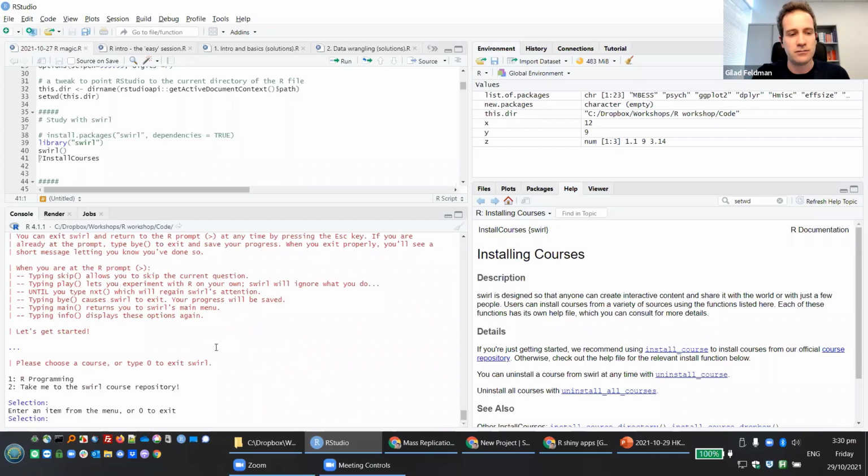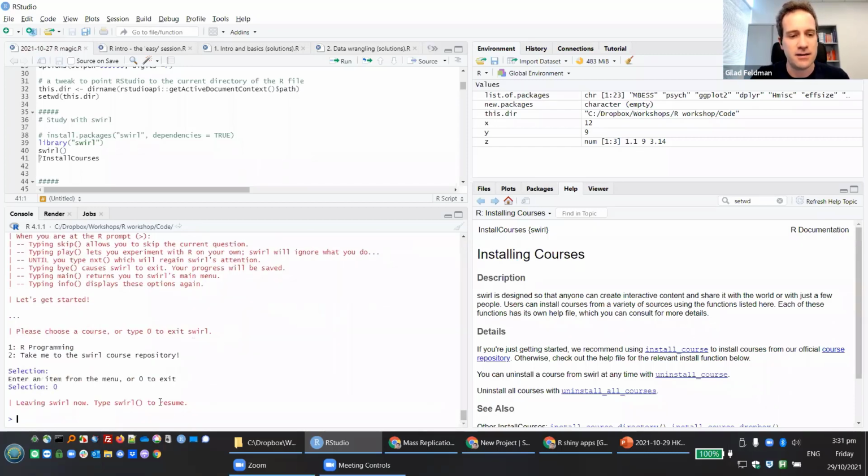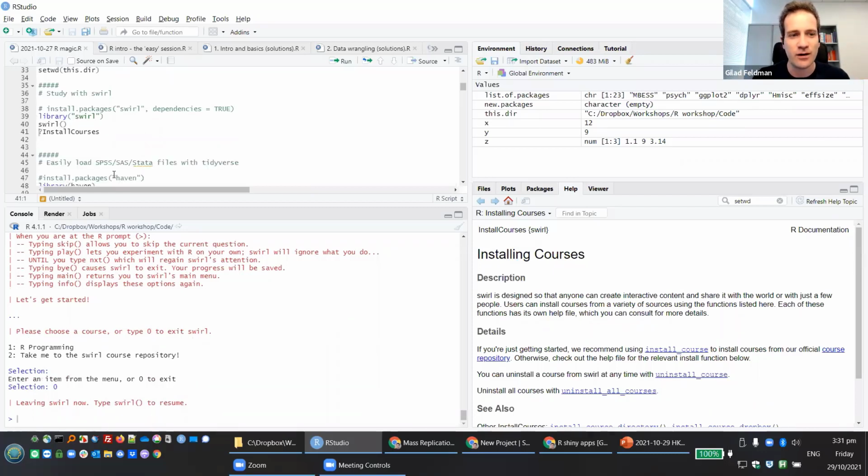Yeah, so let's exit this. Whenever you want to resume, whatever it is that you've left, you can say bye-bye Swirl, and then come back to Swirl and continue from where you were. So that's to show you that R can be friendly, and there's a way of learning by